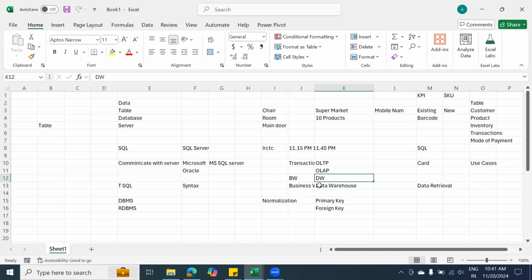Yes, sir. Thank you. So let's move on. Kiran, then there won't be any difference between DBMS and business warehouse, right? DBMS and business warehouse or data warehouse? Actually, in DBMS, we have OLTP and we have OLAP. Both we have.